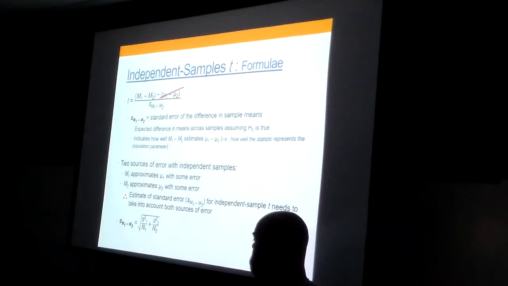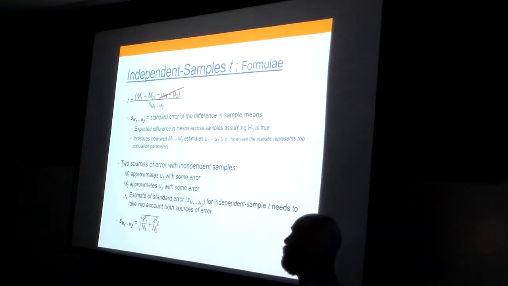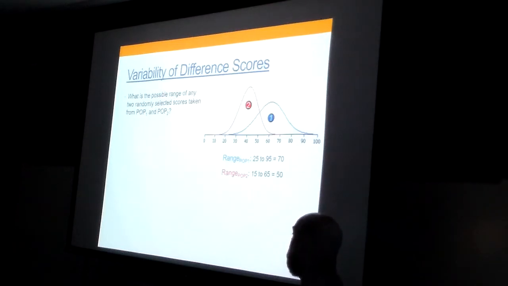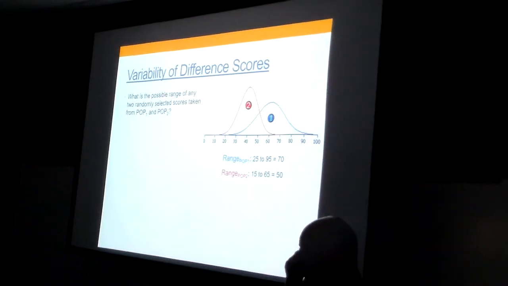Absolutely right. Why is that? Exactly. Functionally, we're basically doubling it, right? Because we've got two different sources of error. Okay. And so if we take a look at this graphically,